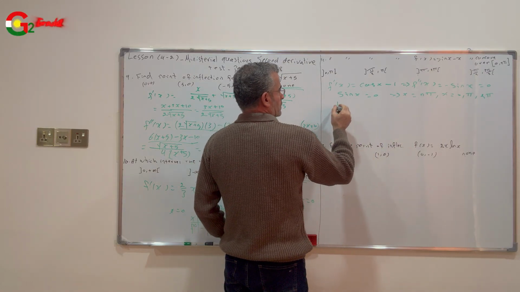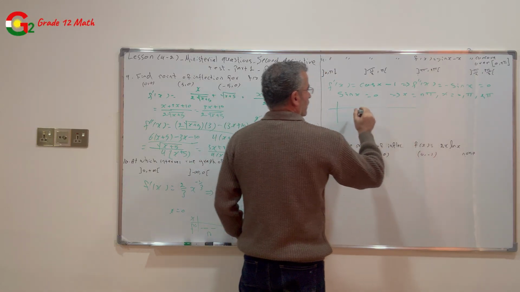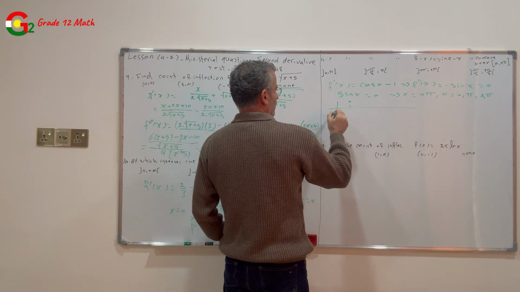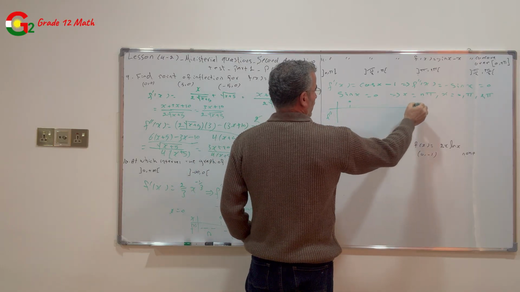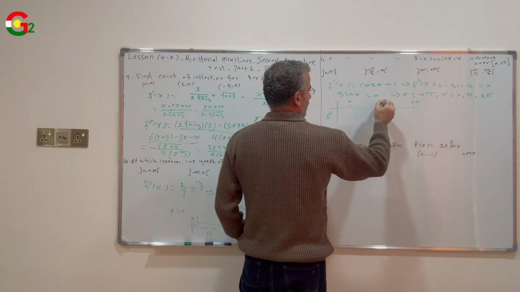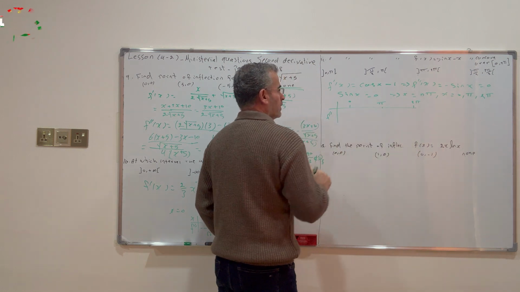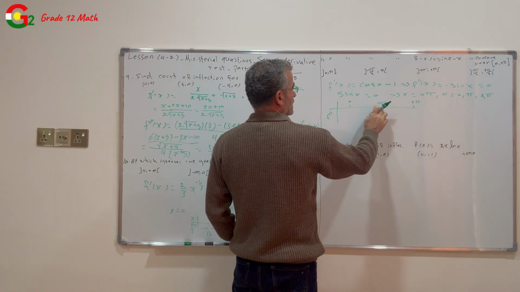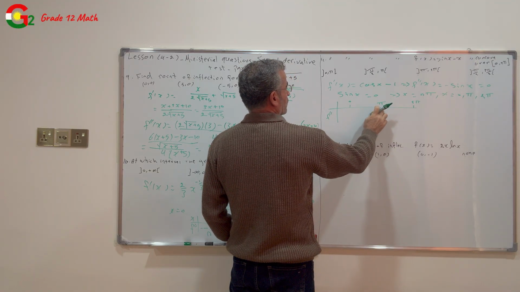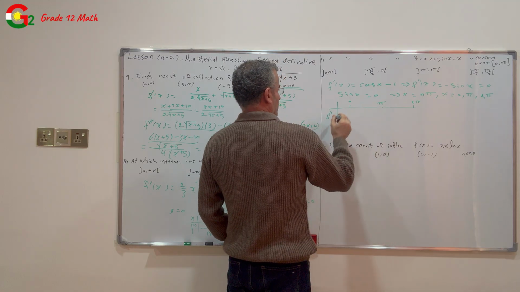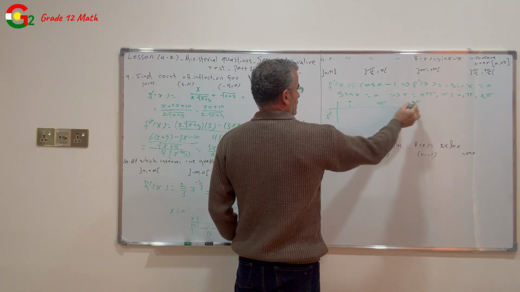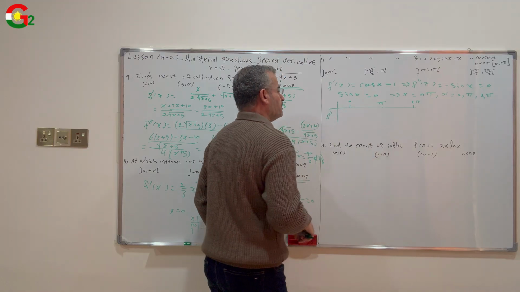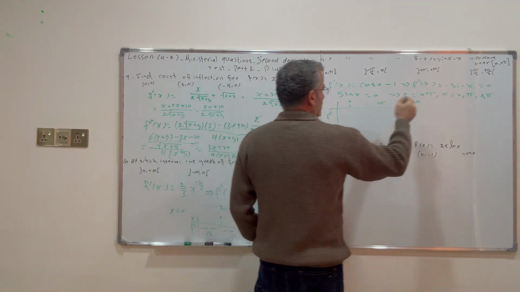let us check the sign of the second derivative in the interval 0 to 2 pi. Therefore, the possible and only possible inflection point is at x equal pi, because pi is between 0 and 2 pi, and the sign of the second derivative